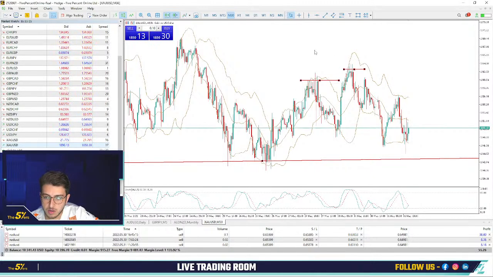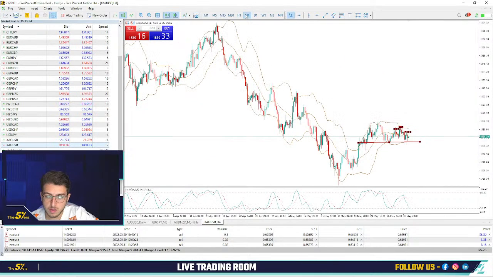So you see here, we had already multiple tops. The price is actually struggling, trading in a range. But from what I explained yesterday in the trading room and the forecast, what I expect on gold and on commodities, especially metals, is a huge movement on the upside as soon as possible.